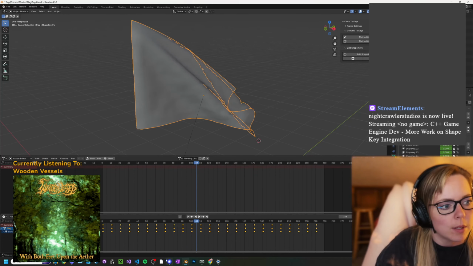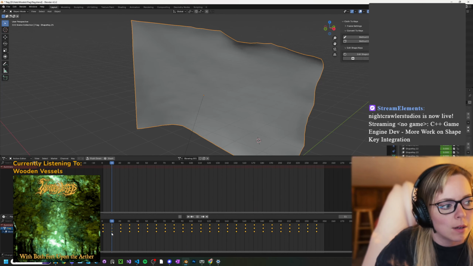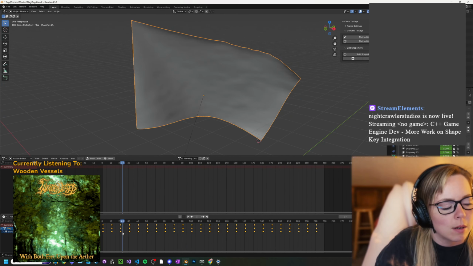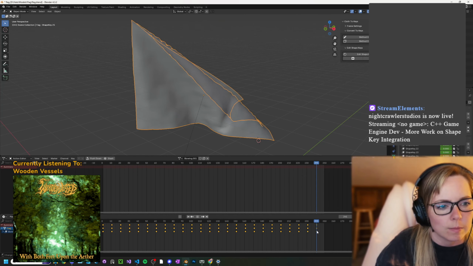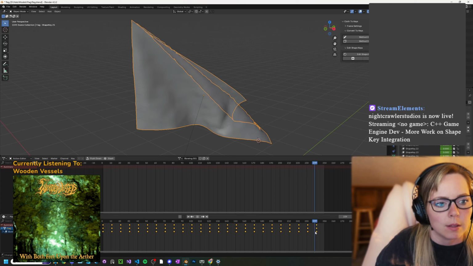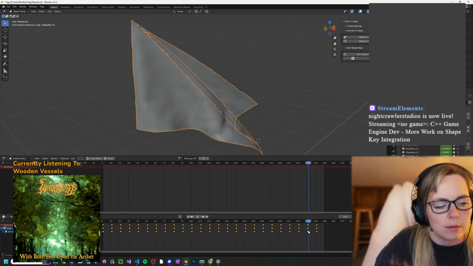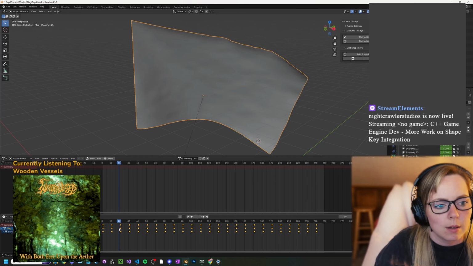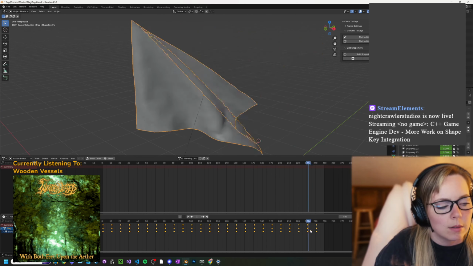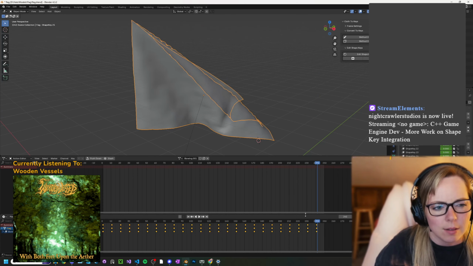So if I'm looking in here, I thought it told me that I have 241 keys. Oh, it did. Oh, I see. 241 keys, and each of them has